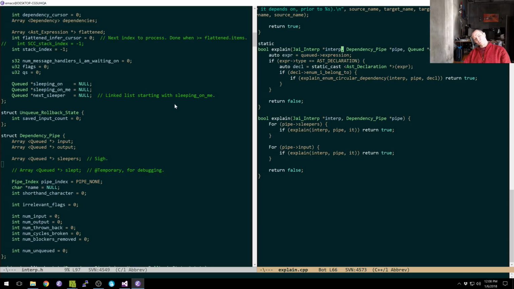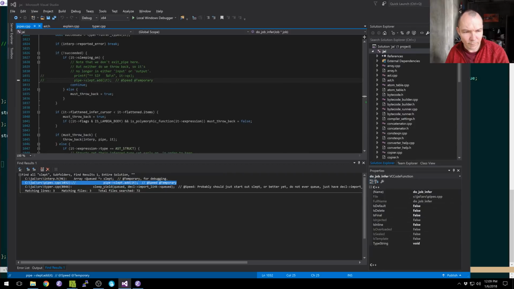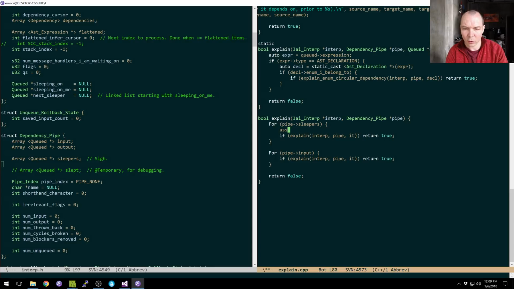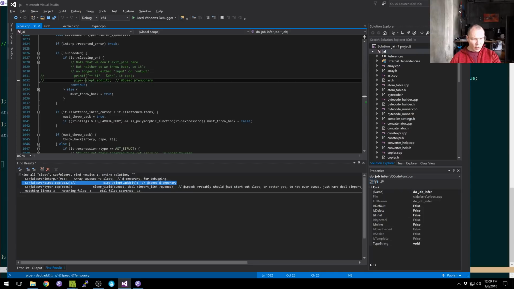But whatever. We're going to do what we can do there. Okay, so in this explain, I'm going to assert, since this is a new thing, that it's really sleeping on somebody and we didn't get someone in there by accident. So now, when somebody goes to sleep,